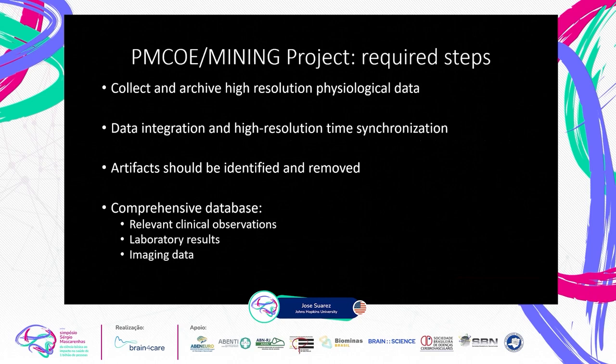We needed to meet several steps that were required. One of them was to collect and archive high-resolution physiological data. Then the next step was to integrate that data and also to have high-resolution time synchronization of the data, and to also think about the artifacts of all the signals that we were collecting so that we could identify them and remove them. We also knew that we needed to build a comprehensive database